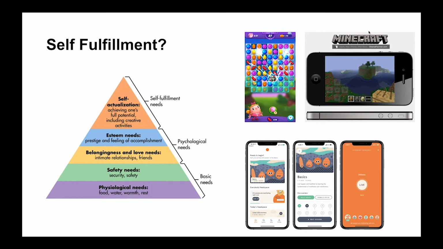So the top of the pyramid in Maslow's hierarchy is self-fulfillment. So at the bottom of the screen here, we have a mobile application called Calm. And this obviously is focused on attempting to help you achieve self-fulfillment, helps you to relax, be more in tune with your surroundings, lets you meditate. There are several things that it lets you do.